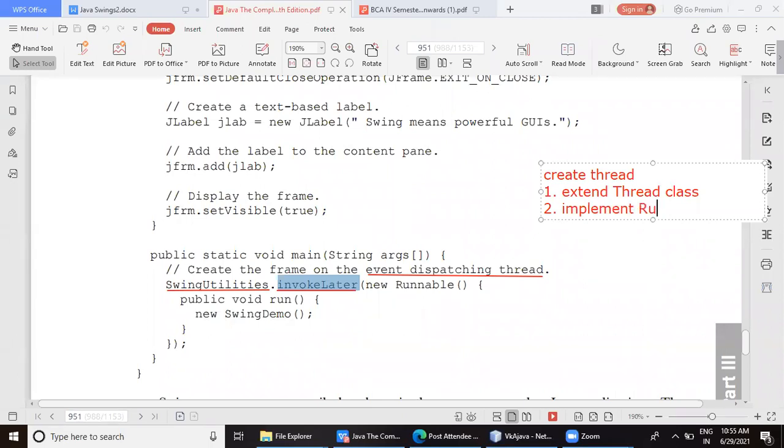Implement the Runnable interface. Now, how did we used to do it? Suppose I have to create my class, I used to say class A, and I used to say implements Runnable. Now, this creates one thread. Whatever the thread has to execute, where did you keep that code, in which method? Every thread contains a method, and inside that method we should write the code that should be executed by the thread.